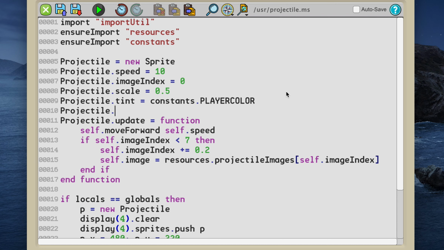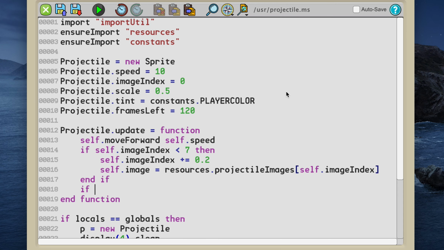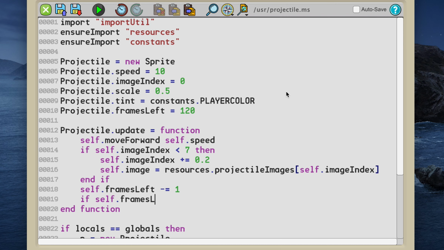We'll call it frames_left, and have that start out at, it's 60 frames per second, these projectiles shouldn't last more than a couple of seconds, so we'll say 120. Self.frames_left minus equals 1. If self.frames_left is less than or equal to 0, then